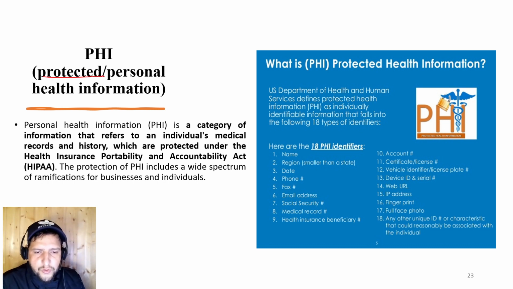PHI is your protected or personal health information. This is a category of information that refers to individuals' medical records and history, which are protected under HIPAA. Protection of PHI includes a wide spectrum of ramifications for businesses or individuals. So your name, your region, this could be your personally identifiable information,